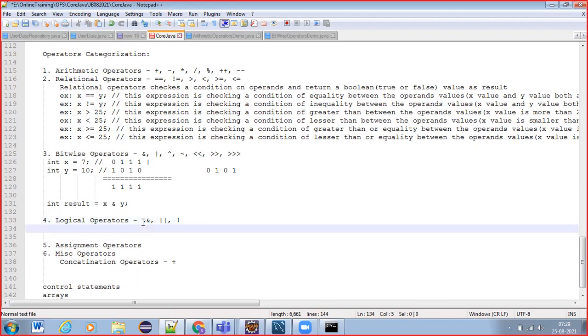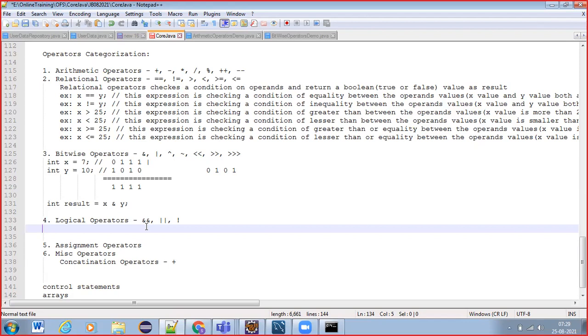So logical and, logical or, and not operator will take operands on both sides, and will return a Boolean result, either true or false.